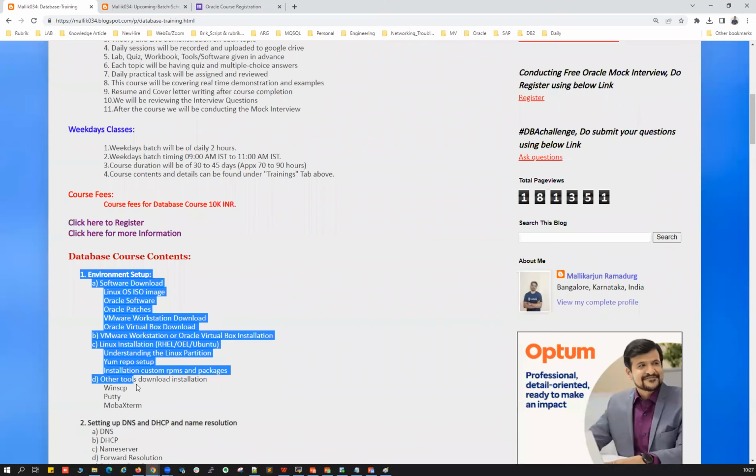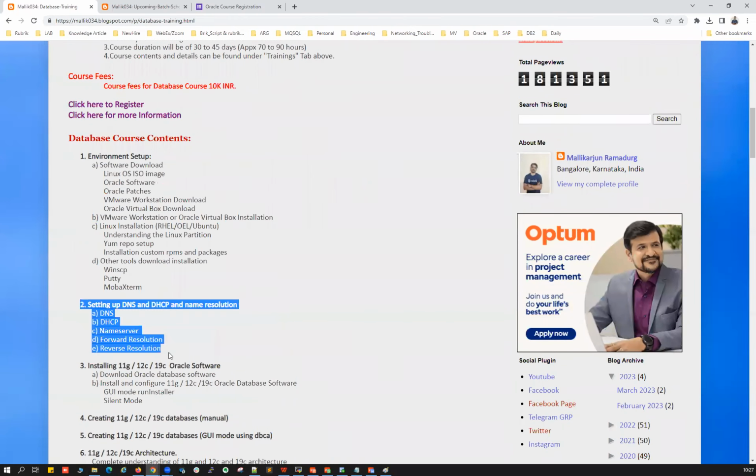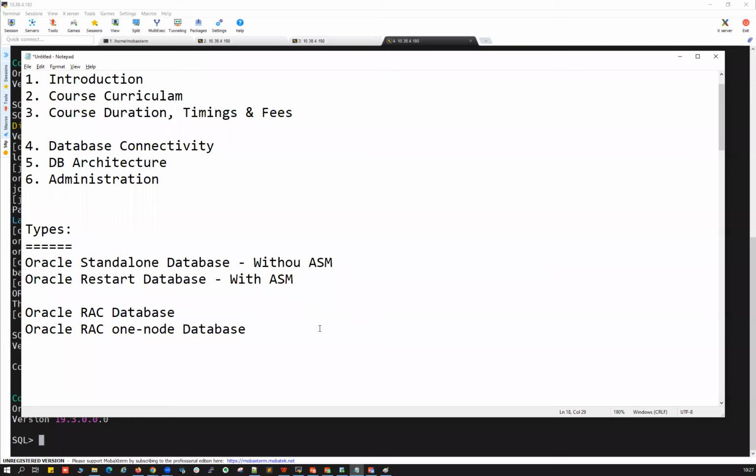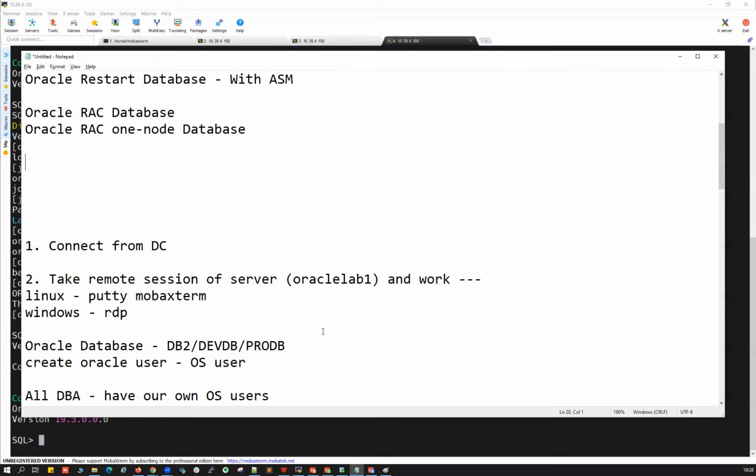Started with Linux installation, networking understanding, and the first 3 chapters here are installation. We already covered that in the beginning. And which OS we should have? The OS is RHEL Linux. That is your OEL, Oracle Enterprise Linux. We have to install it. We download it till the time.